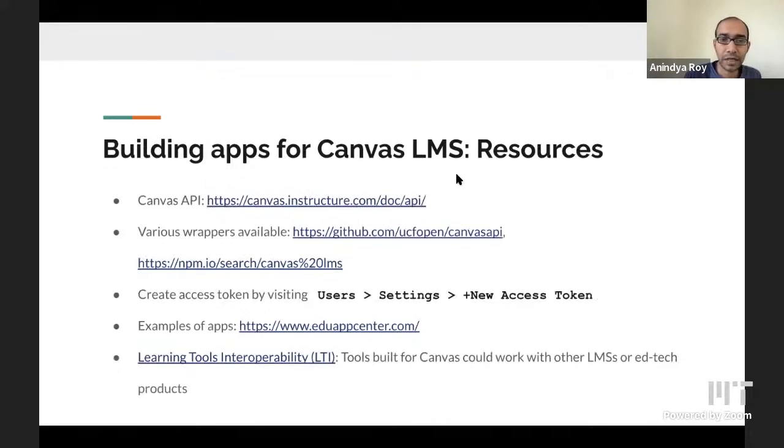Some of the resources that could be helpful to you is that Canvas has a pretty useful REST API, and the information is out there. There are various kinds of wrappers available for interacting with that API. The Canvas API from UCF Open, that's University of Central Florida.